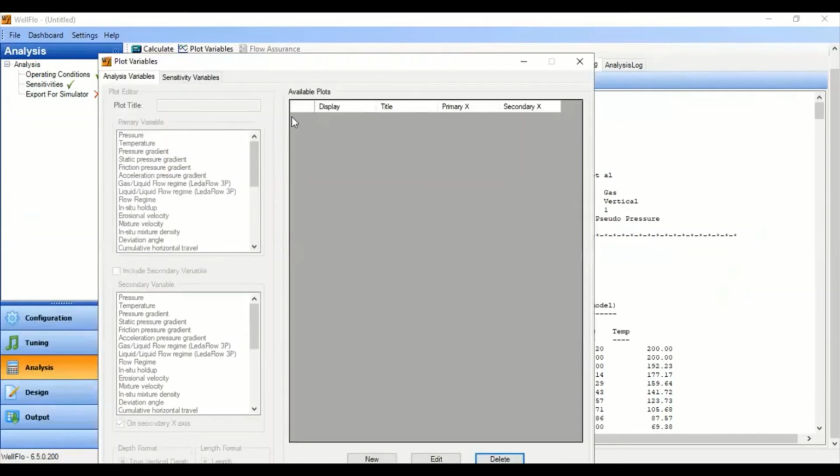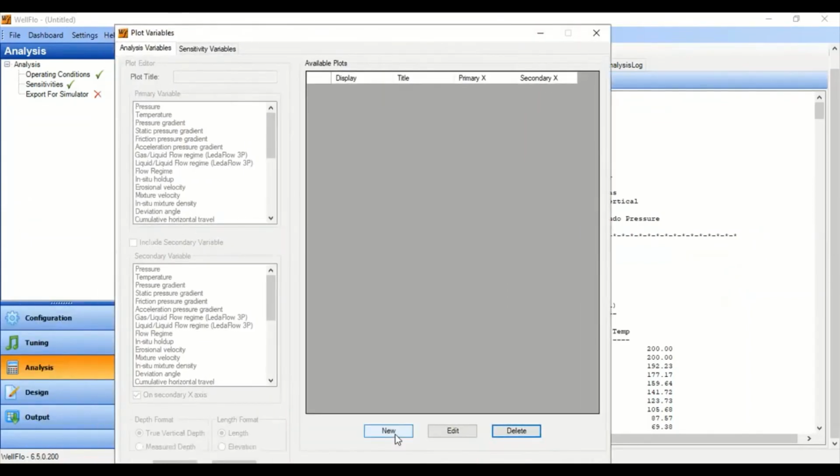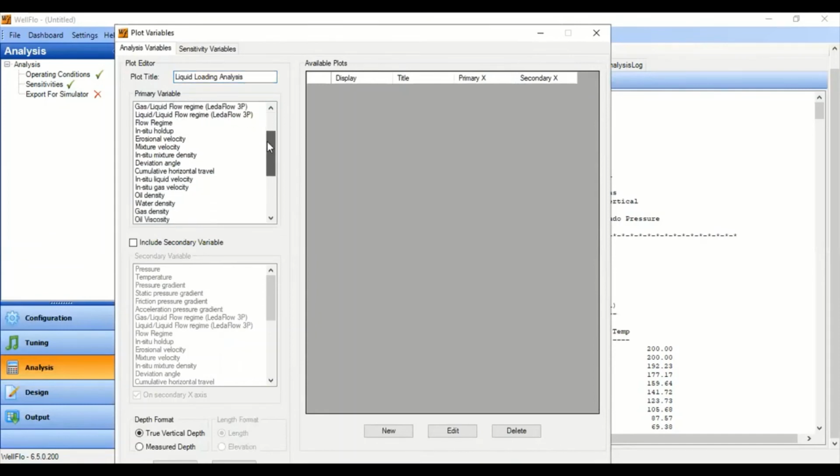So in this plot variables window, we click this one, new. We add liquid loading analysis. For the primary variable, we can select this one, in situ gas velocity.